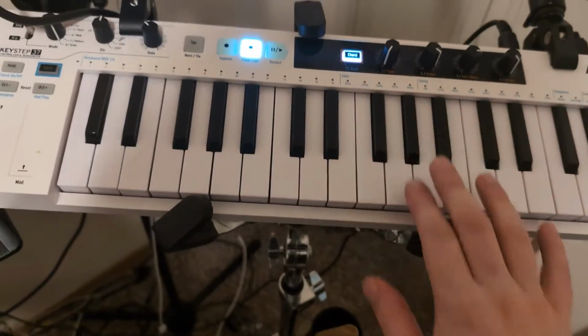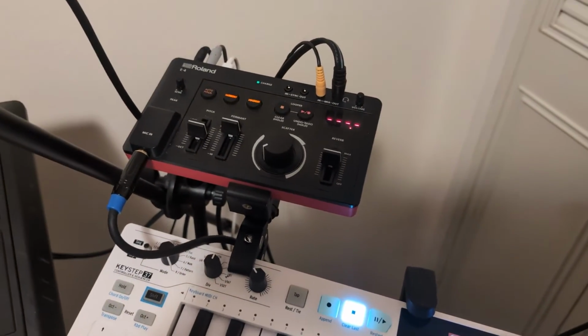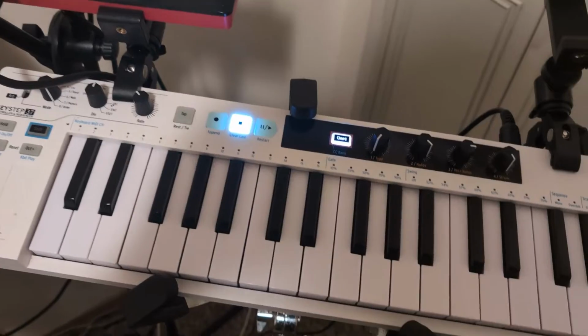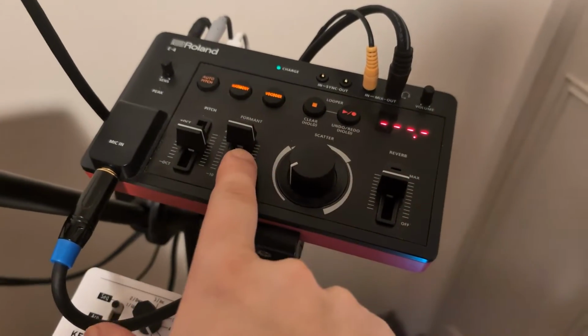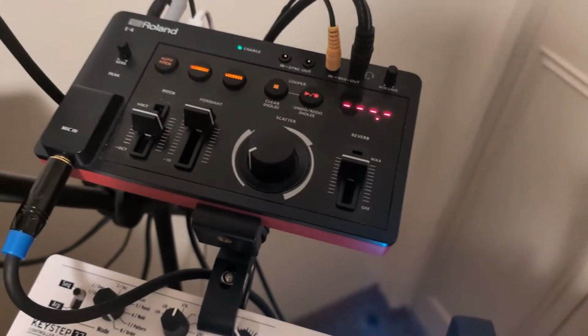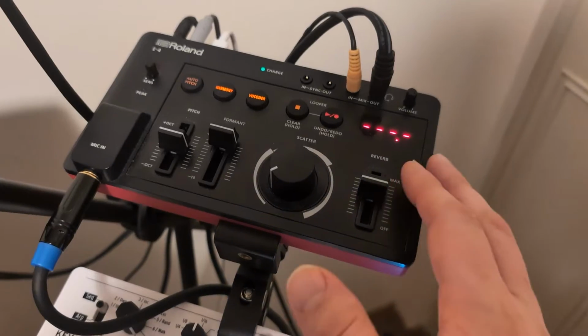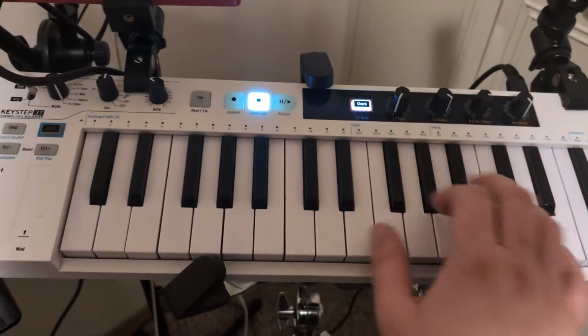So I've got the Arturia KeyStep 37 actually controlling the Roland E4 here, and it kind of doubles as a synth, which is really, really cool. I can do some awesome stuff with my voice with the vocoder and the formant slider there. It's got reverb, which actually sounds really gorgeous. I love the reverb on the E4. And yeah, just a nice way for me to be able to play keys